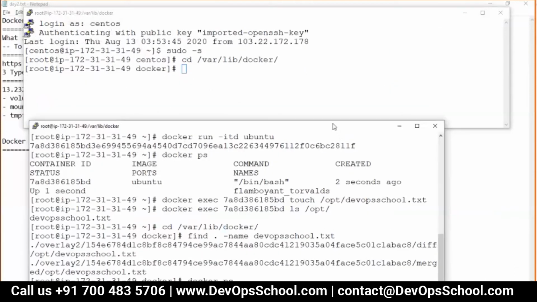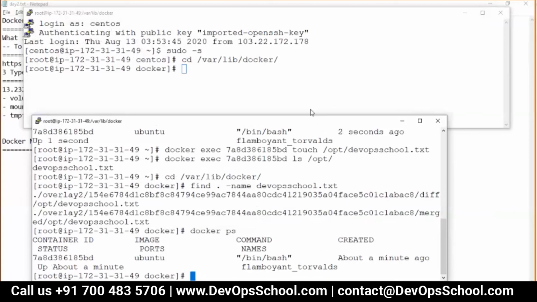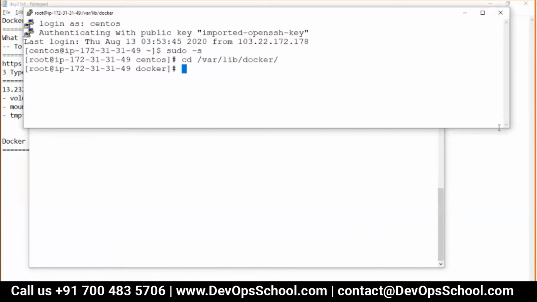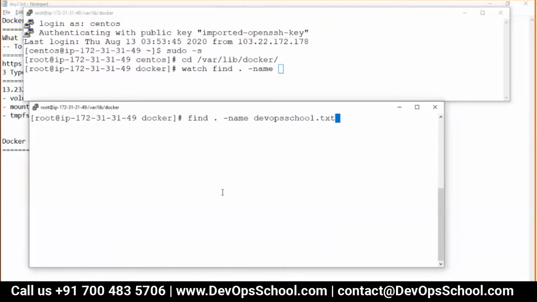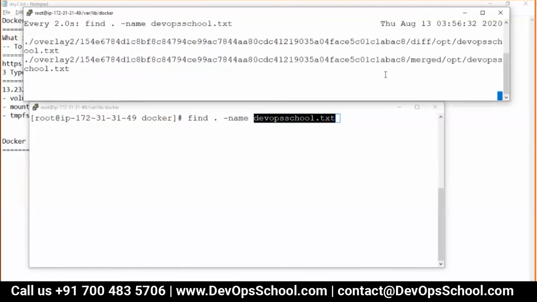There's a multi-screen option also, you can use it, but right now that's okay, I just want to manage with this one. Now you see here, watch: find . -name DevOpsSchool.txt. I am running it. You see here, two places.